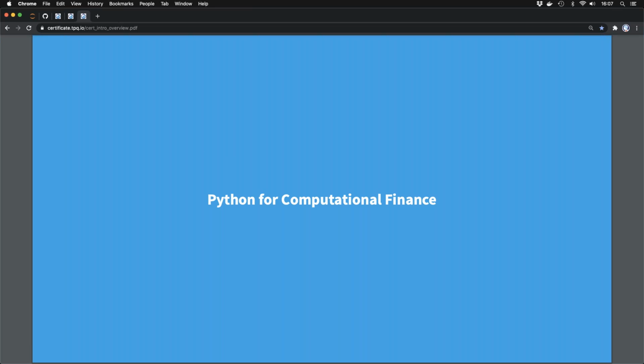Python for computational finance. This is about the numerical methods that are required to do proper option pricing, hedging, calibration of models. But before I dive into that, there's been a question with regard to statistical